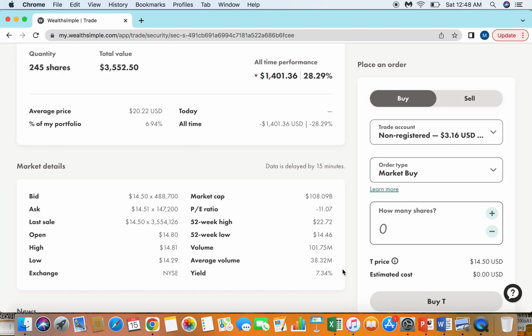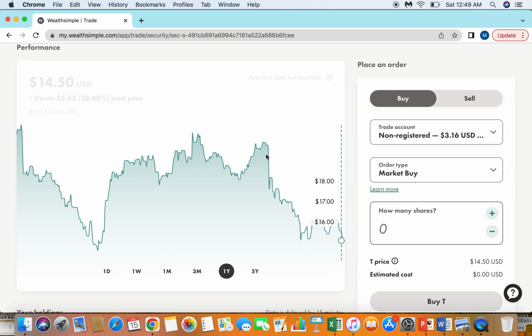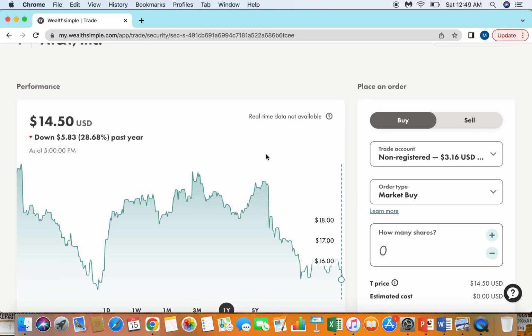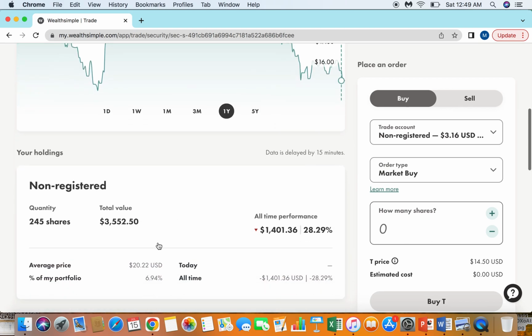They pay over a 7% dividend. They still have ample amounts of cash to buy down debt, to invest in new business opportunities. Despite cable going down, they do have some areas of their business that are really strong, are growing. So I just think that the price to earnings and price to free cash flow ratio on the stock is too small. I wouldn't mind nibbling on this a bit more, but similar to how I viewed Allied Properties,